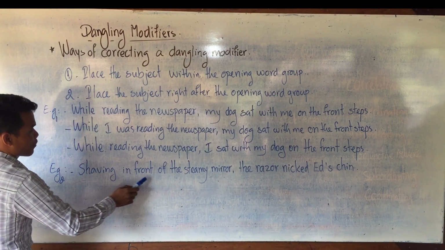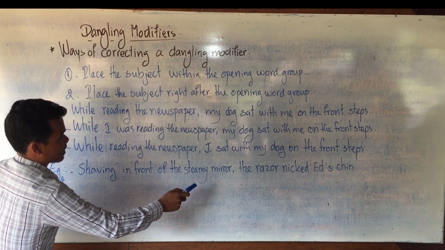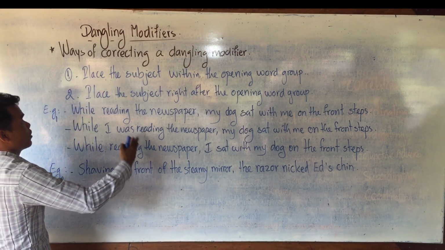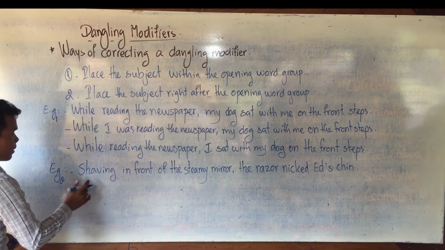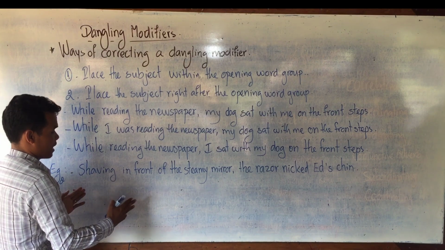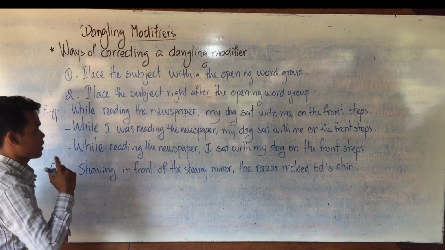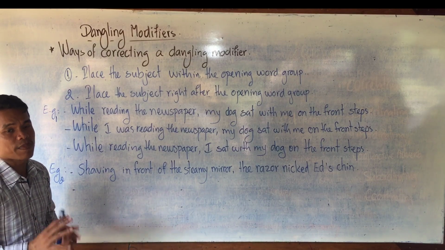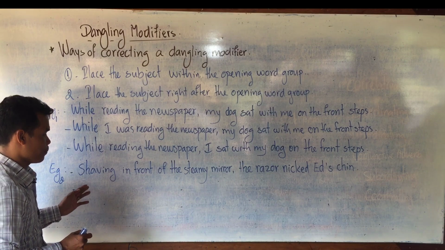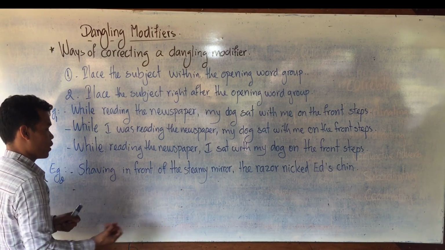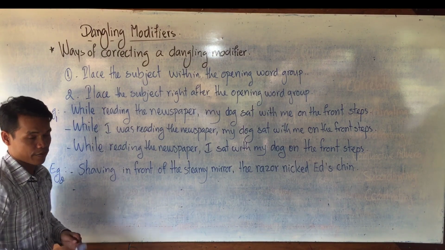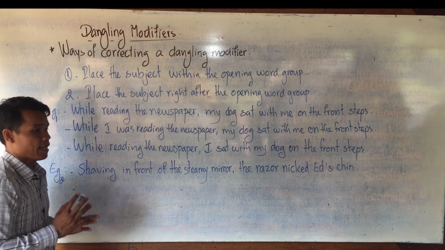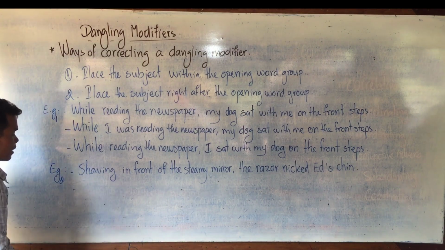Example number 2: shaving in front of the steamy mirror, the razor nicked my chin. Our dangling modifier is from shaving to mirror. So first, you have to place the subject within the opening word group. But when you place only the subject, the sentence is still not meaningful because it is a comma splice. That's why in some cases a subordinating word such as when must be added, because if you do not use a subordinating word like when, the sentence is not meaningful. When a subordinating word such as when is added, the verb may have to be changed slightly as well. So you can write like this: when